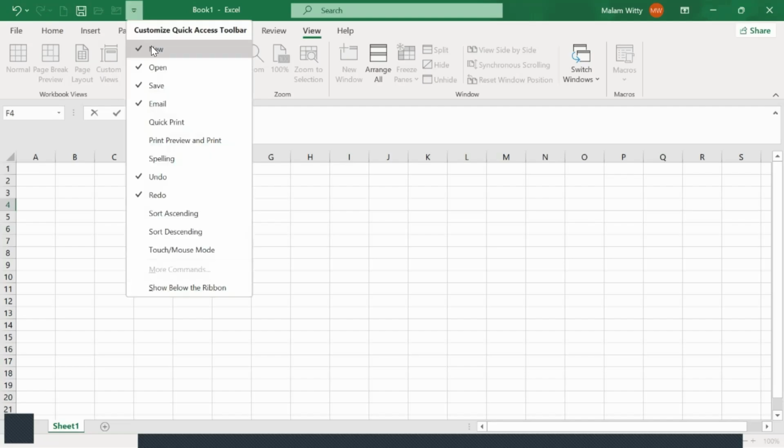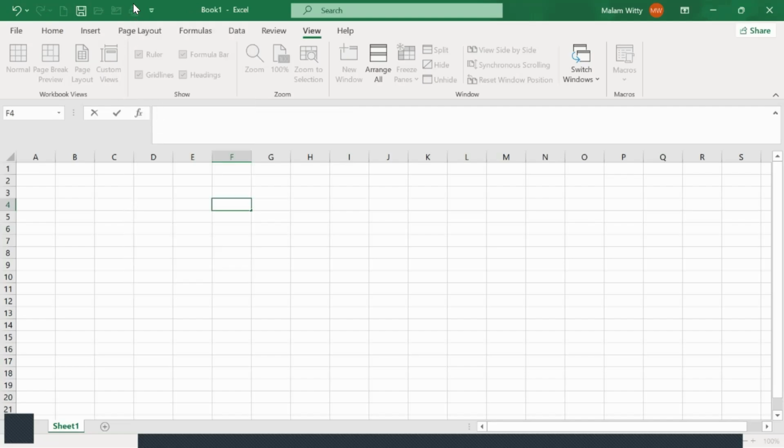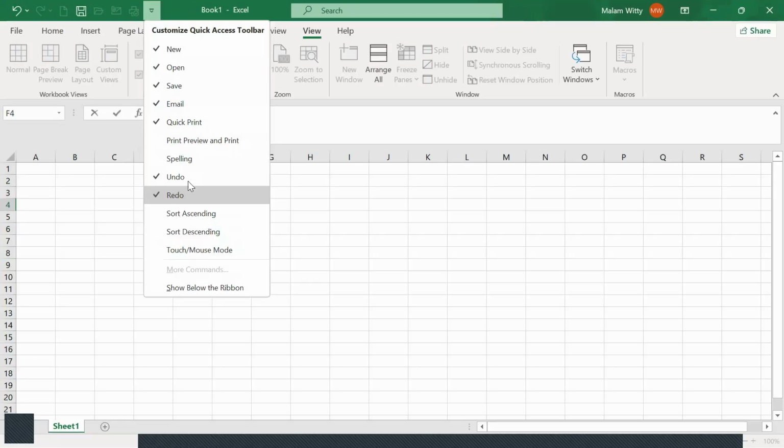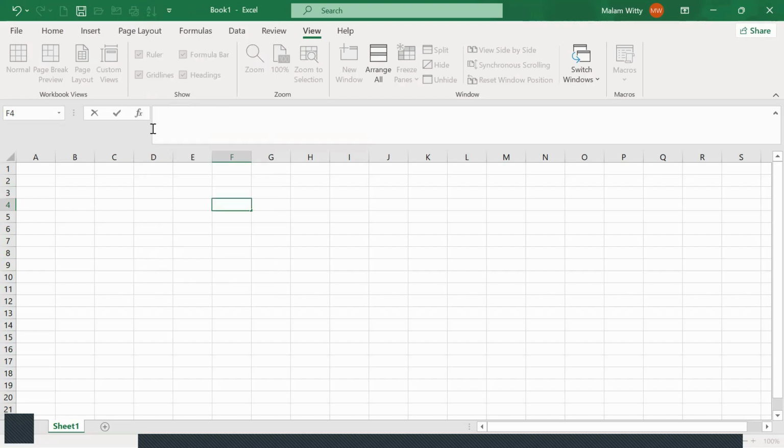If I select quick print, I will add print in here. Also, if I select sort ascending and descending, the moment I click, each one will appear in my Quick Access Toolbar. These are very important when you are trying to navigate, maybe opening a file or saving, or an action like printing, all this without navigating through the